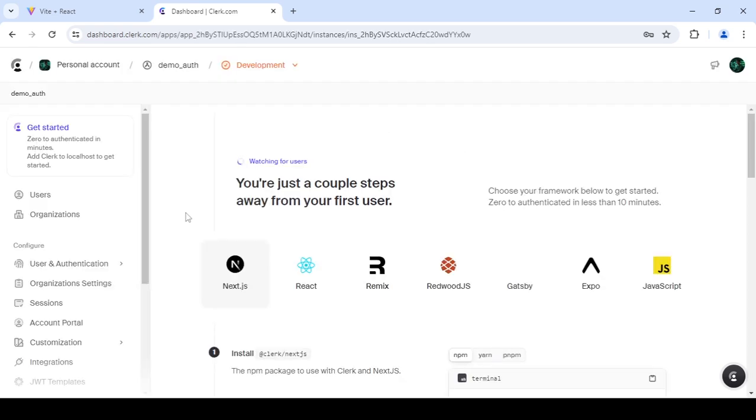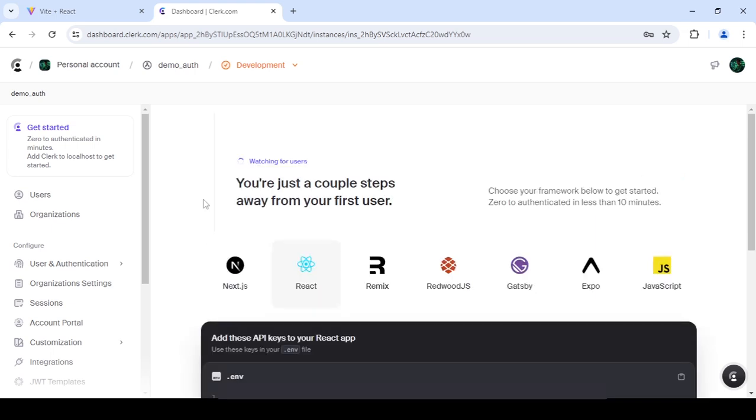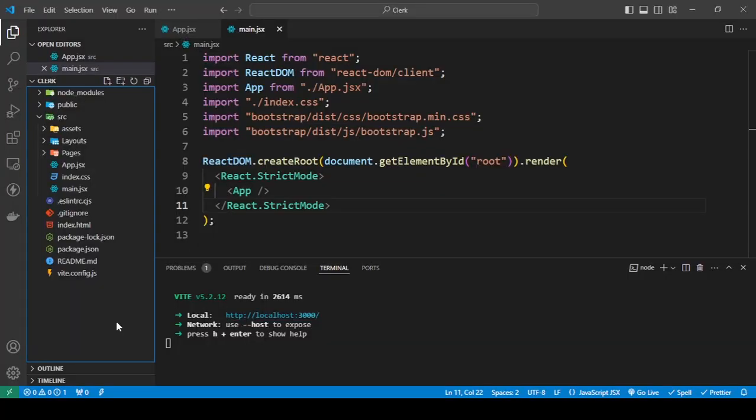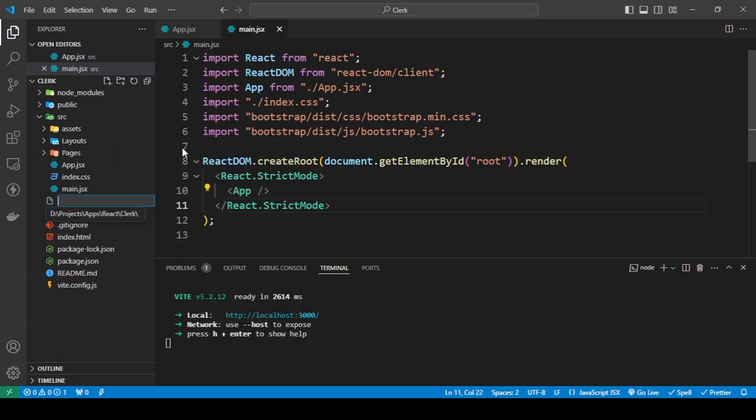and then you'll see different options to install this. I'm going to be using this. After that, just copy your API key. Now let's create an env file, and this is to secure our environment variable. Dot env dot local,